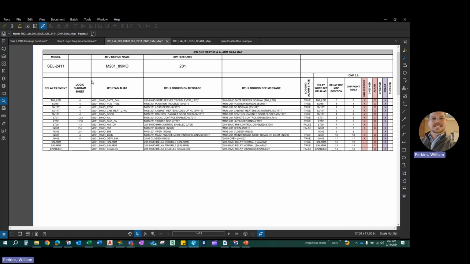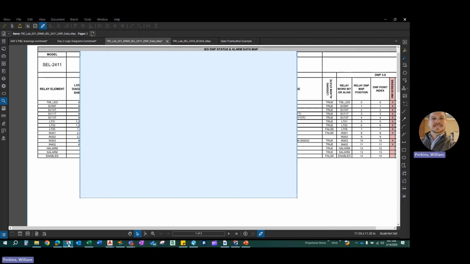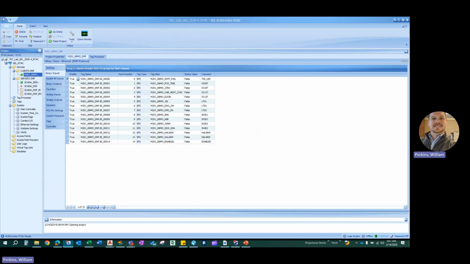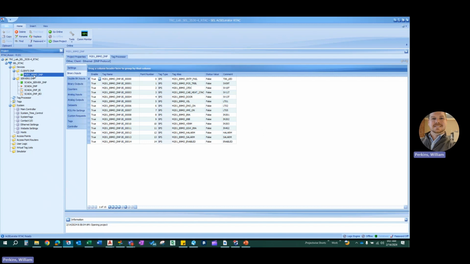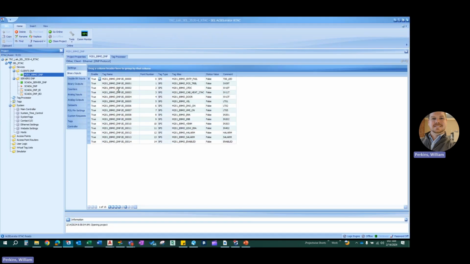The RTU tag alias is specific to the RTAC programming. If we bring up the RTAC code here, we've got our client, which is our 2411. In our binary inputs, which is the status and alarm section, we can see that we have a tag name which isn't very specific. It just says M201 89 motor operator binary in 0001, 23. So this tag name is not too specific, but we have this column here for tag alias, and